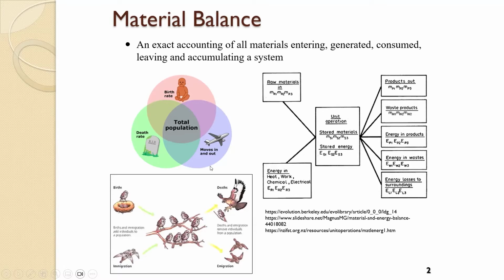So for example, let's take this picture. You know how to read a Venn diagram, right? The one in the middle is, for example, the total population in a certain country. Why only this small? Even if the birth rate is the whole circle, the death rate would be this one. So the intersection of those two will be the total population. However, there are some people that leave the country. So if you remove that, the only total population left will be the intersection of the three.